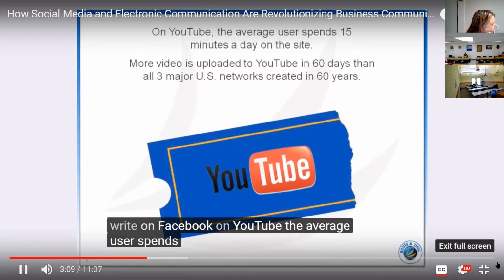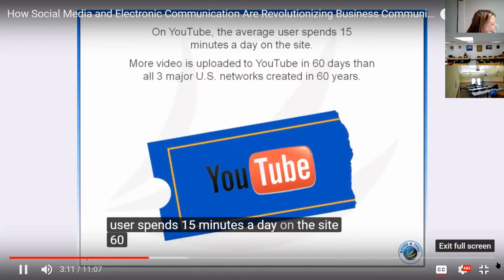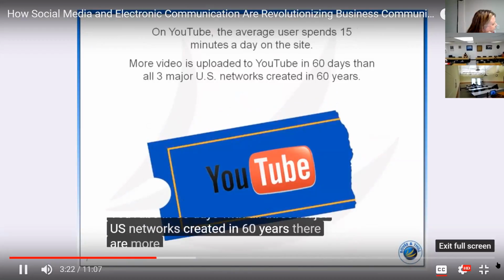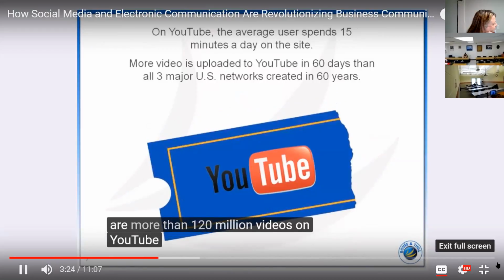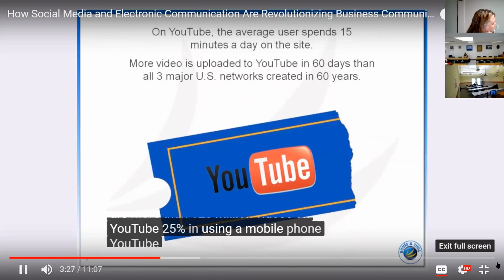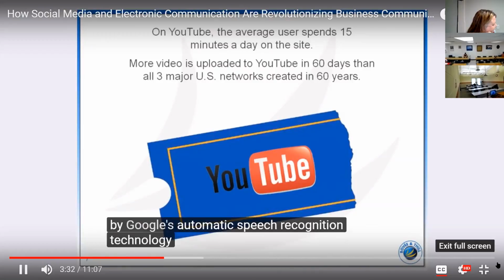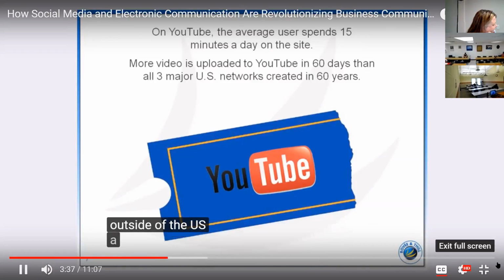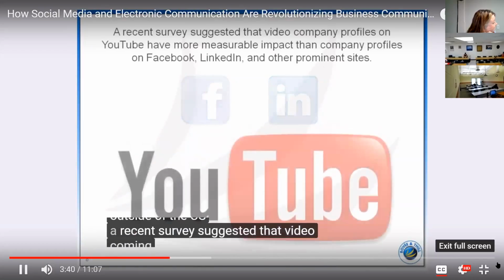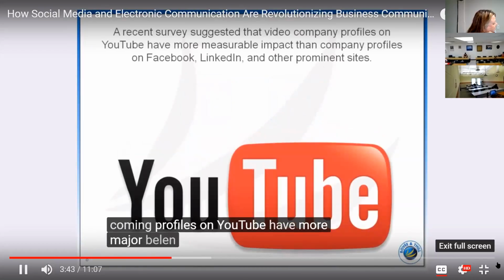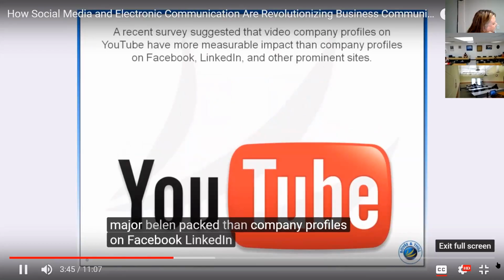On YouTube, the average user spends 15 minutes a day on this site. 60 hours of video is loaded on YouTube every minute. More video is uploaded to YouTube in 60 days than all 3 major US networks created in 60 years. There are more than 120 million videos on YouTube. 25% are using a mobile phone. YouTube is translated into 51 languages by Google's automatic speech recognition technology. 70% of YouTube's viewers are outside of the US. A recent survey suggested that video company profiles on YouTube have more measurable impact than company profiles on Facebook, LinkedIn,